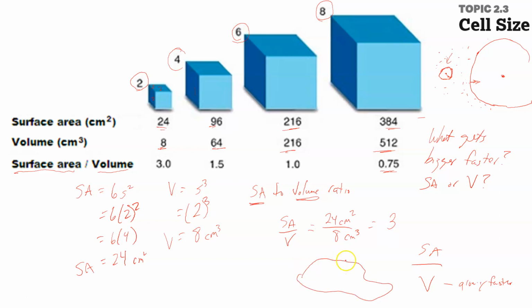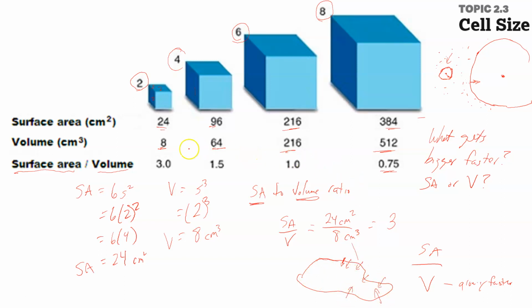You can think of mitochondria and chloroplasts from last video that helps. This surface area, the surface that's outside, this is where the work happens. It happens along the outside of the cell, right? So as these cells get bigger, there's more and more volume to kind of service, right? And it gets harder and harder when the surface area outside isn't growing as fast as the